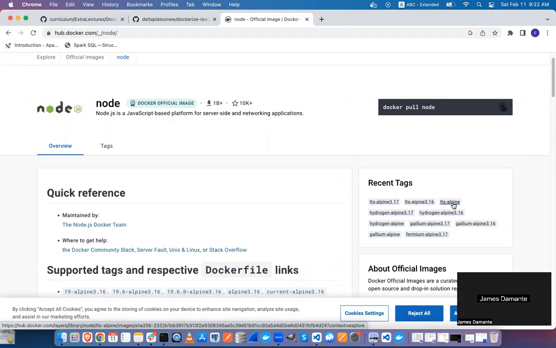Long-term stable. It's the latest version they support. It's not a beta or anything. Exactly. So it's usually,